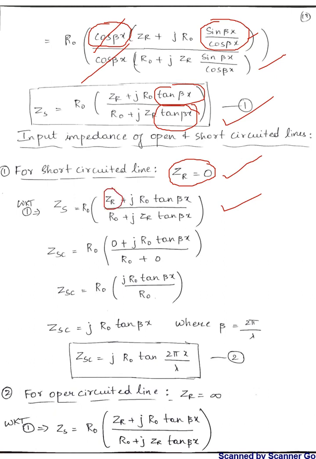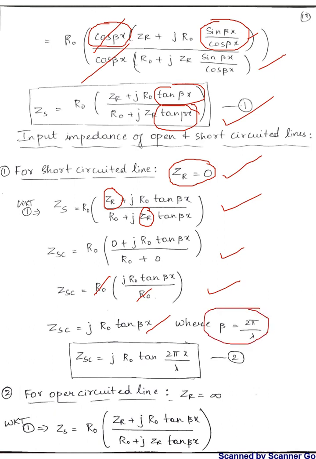So here I have ZR and here also I have ZR, so I'm going to replace it as 0. So the balance terms will be R naught j R naught tan beta x by R naught. I'll be cancelling this R naught and R naught, and ZSC, the final equation, will be j R naught tan beta x. This is how I got this ZSC, and we also know that beta is equal to